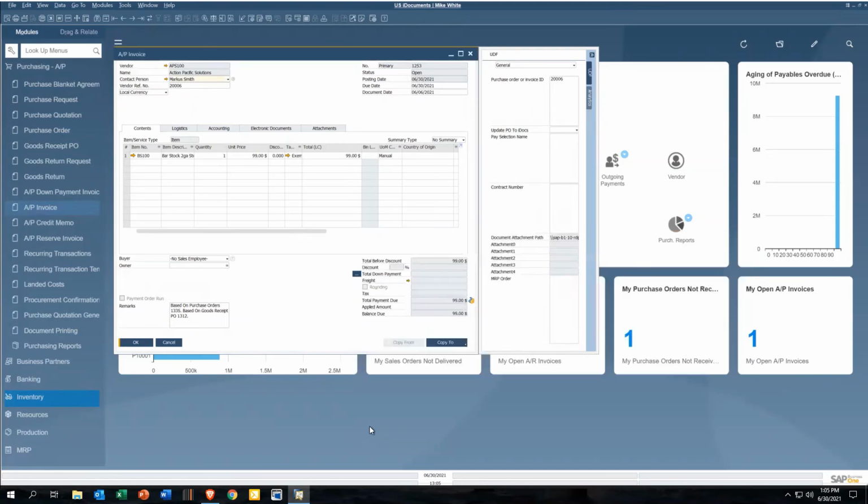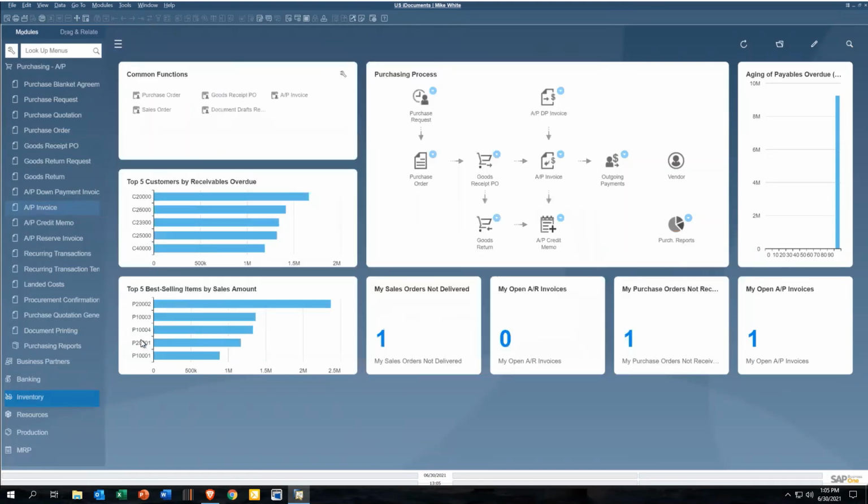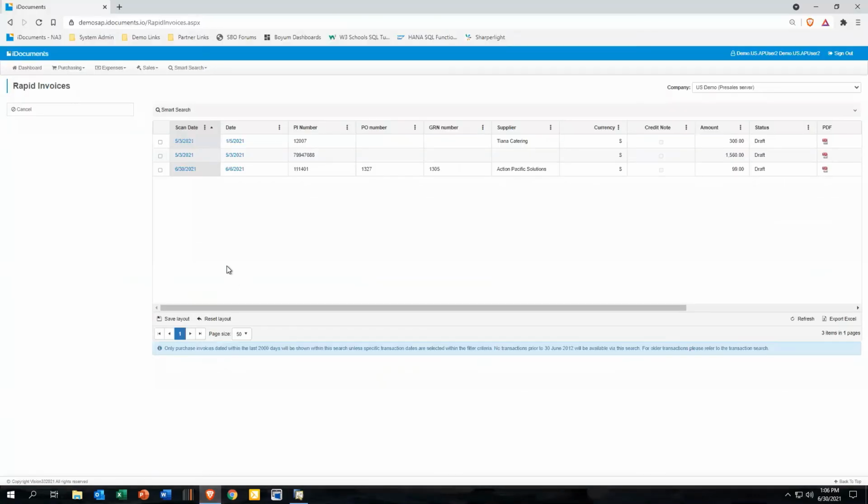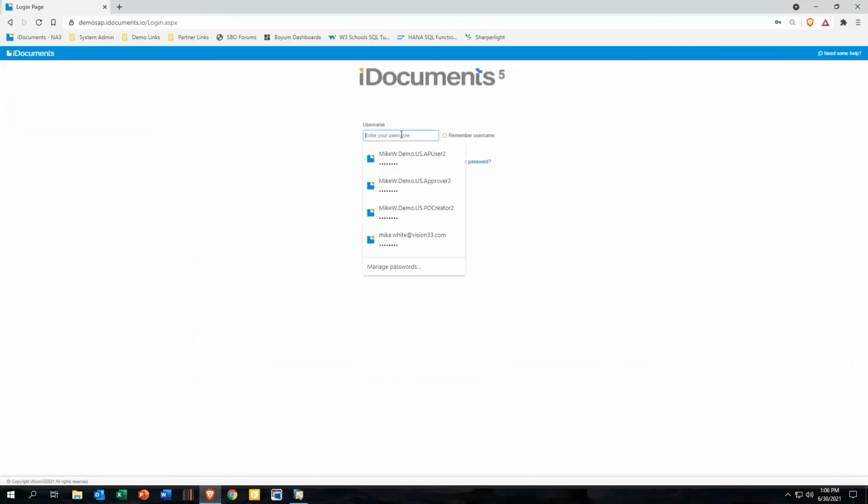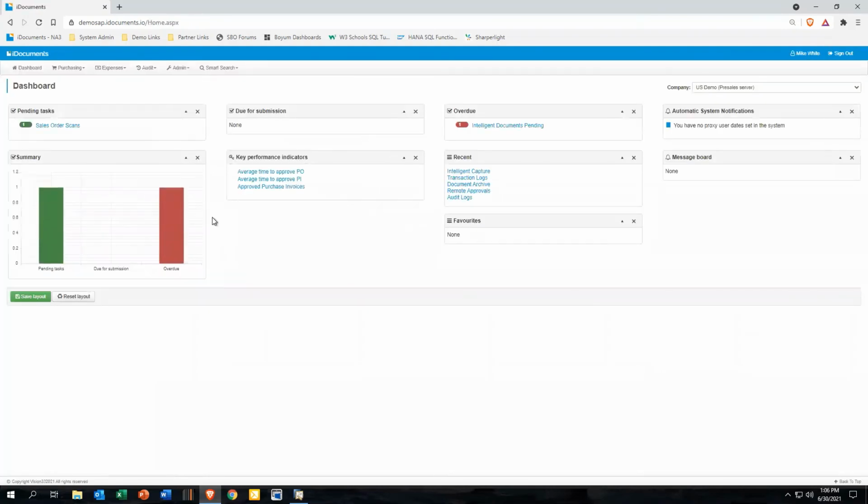All right, so now you've seen how iDocuments purchase to AP works. From the very first time you start with a supplier to now how the more invoices you get from that supplier, the more streamlined this gets. Now let's go back into iDocuments for a moment, and we'll just talk about some of the key capabilities. I'm going to log in as an administrator to iDocuments,